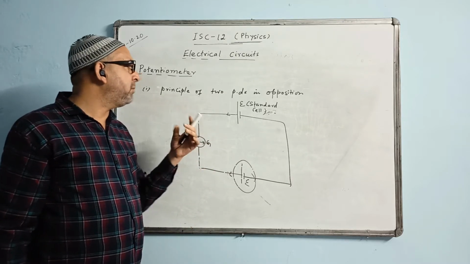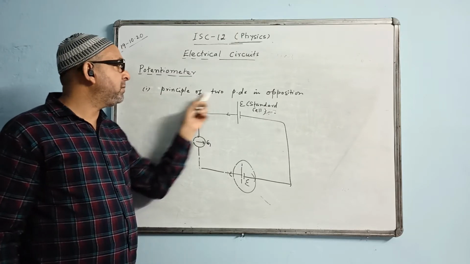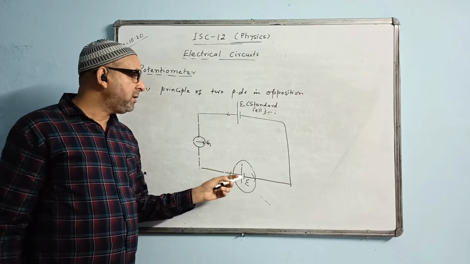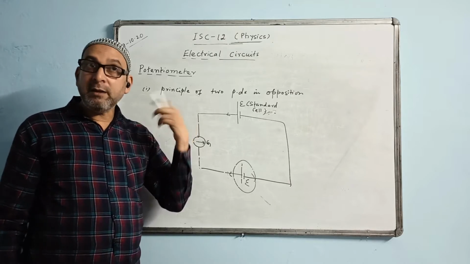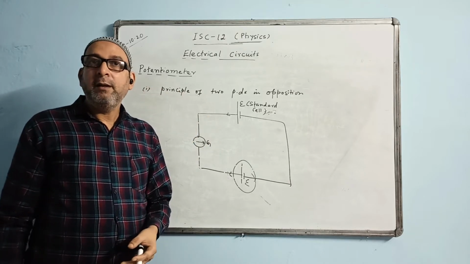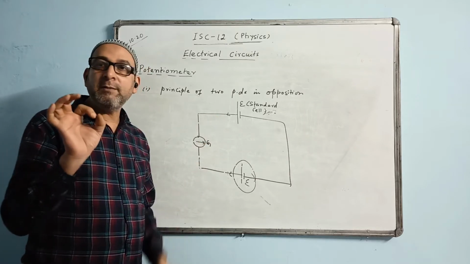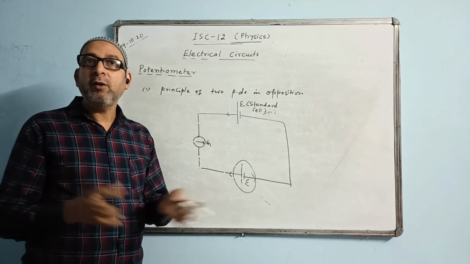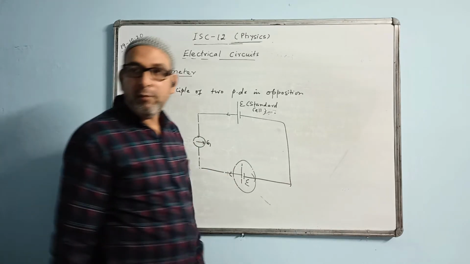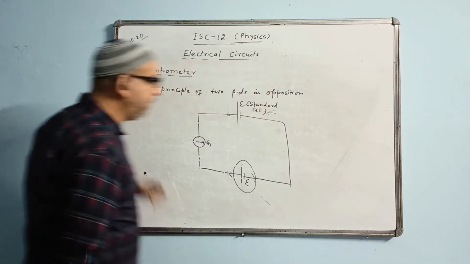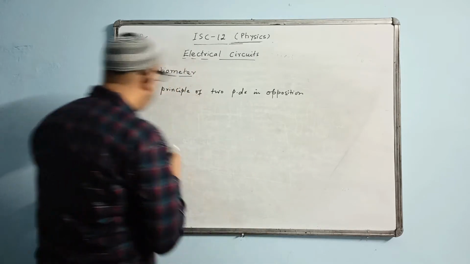Not to go into those details, but just to know that it works on two principles. First principle is the principle of opposition of two potentials. The potentiometer is used in the measurement of EMF of a cell. It is preferred to a voltmeter because it works on non-deflection. Non-deflection is zero deflection, that means it does not draw any current from the circuit. So it measures the EMF more accurately than a voltmeter. That is principle number 1. And principle number 2 is over here.